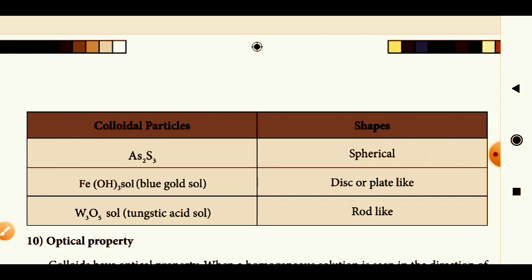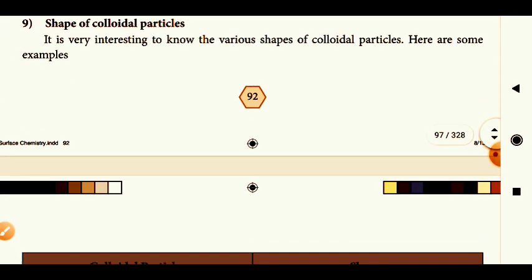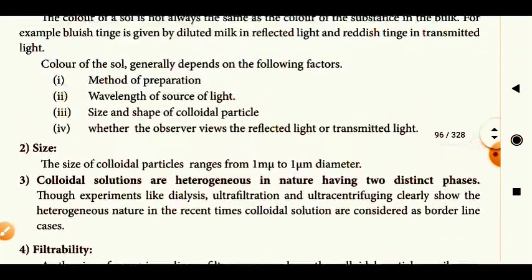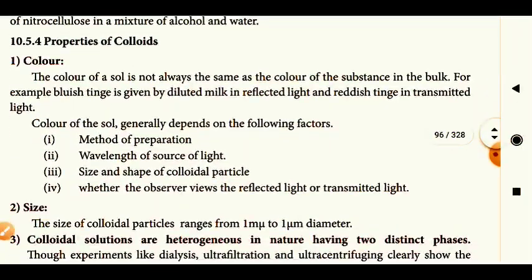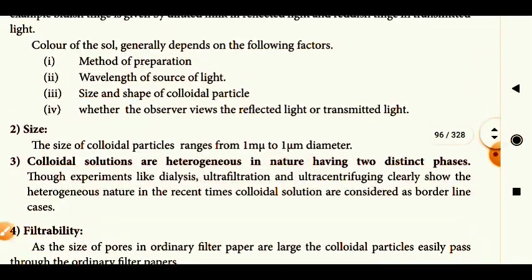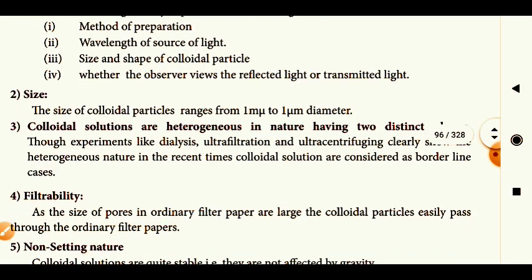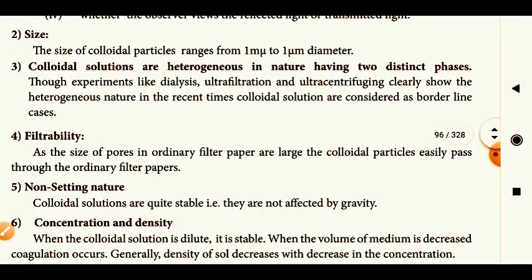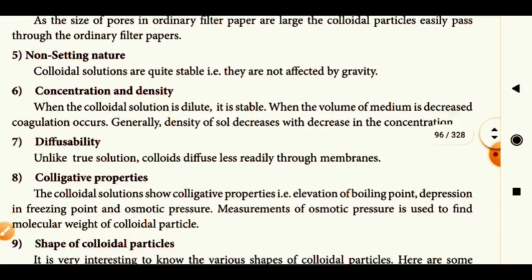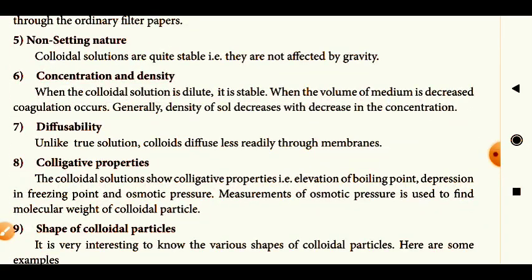Next, what about the tungstic acid? So W3O5, tungstic acid or tungsten oxide. It has a rod-like shape, like an iron rod. So this is the shape of the colloidal particles. So these are all called the physical properties of colloids. What are the properties? Color, size, heterogeneous nature, filterability, non-settling nature, concentration and density, diffusibility, colligative property, and finally the shape of